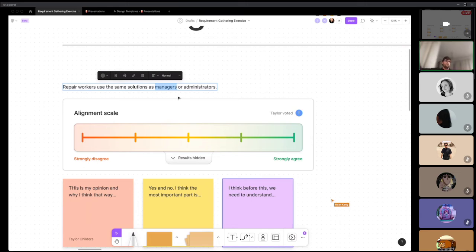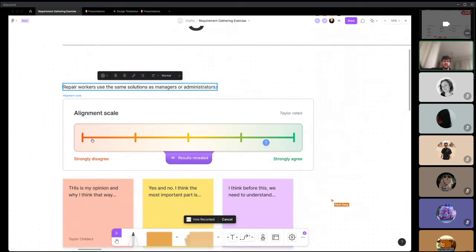Like a view on our app or our web app that lets me see the conjoining of all these stakeholders who are making sure that aircraft is being repaired and being sent out to the proper distribution channels. And so what you do, if I unhide this, is you would have them go through an alignment scale. You may get a response like, if I'm playing the part of a PM, I really don't agree with that, because